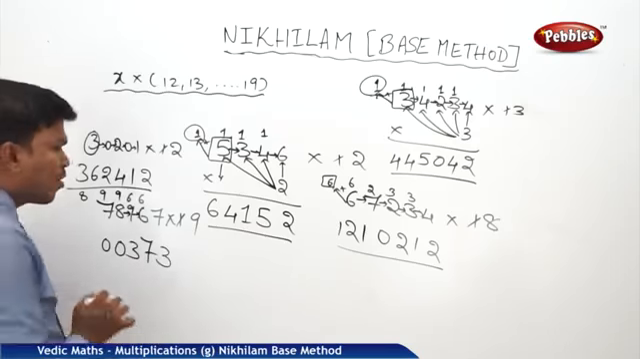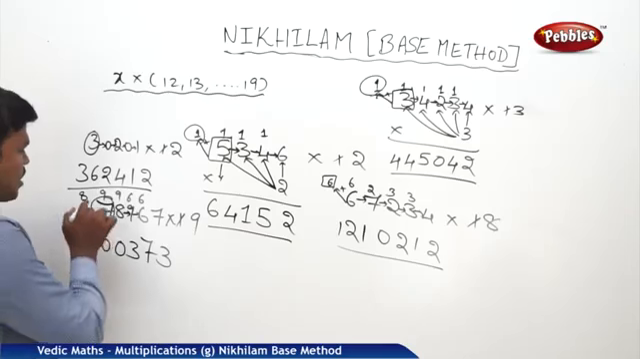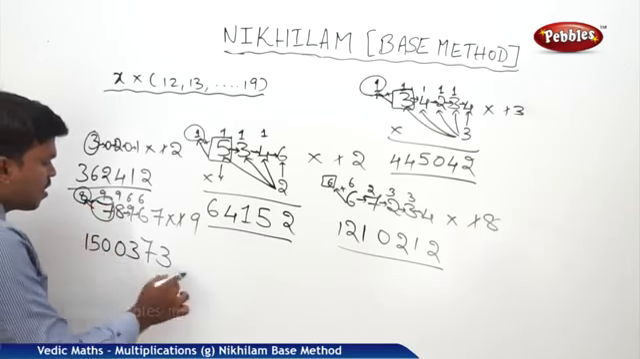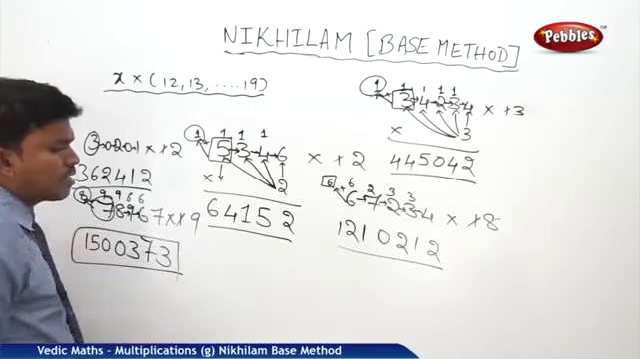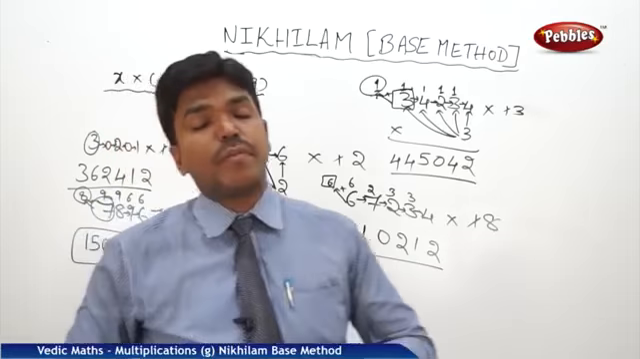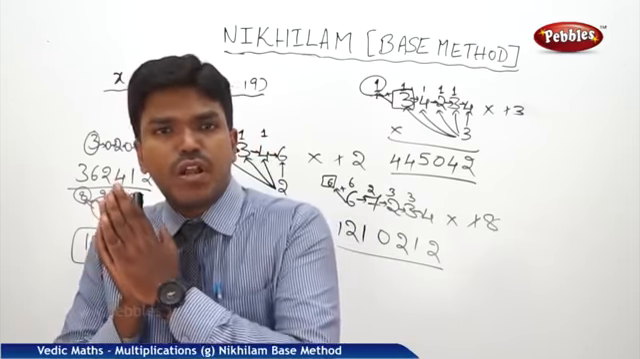So what is the last step? Drop 7 as it is. Why? Because it is the leftmost digit. But before dropping, is there any carry? Yes. So what is 8 plus 7? 15. So my answer is 1500373. So like this we can multiply any given number into the numbers which are 12